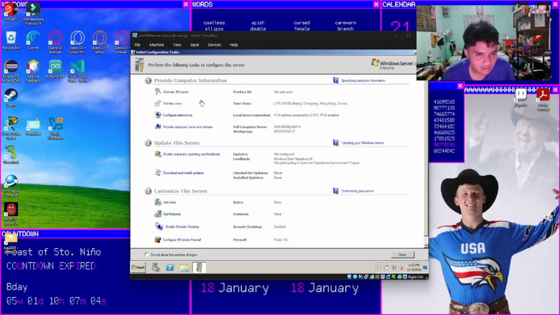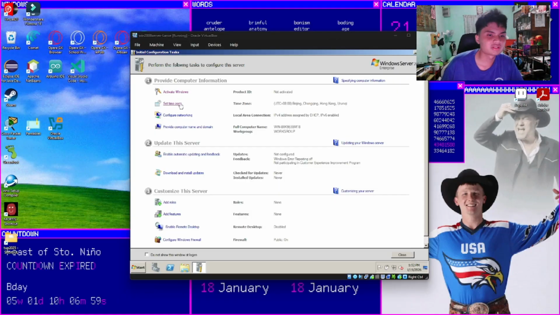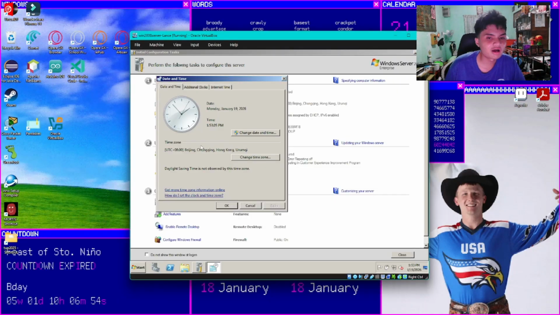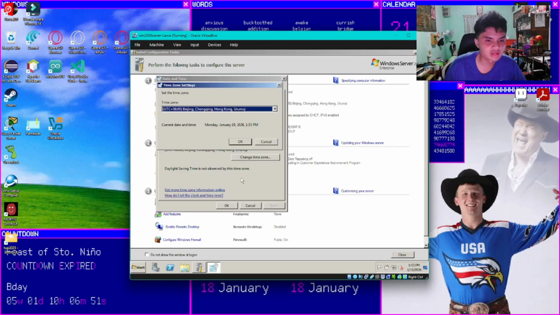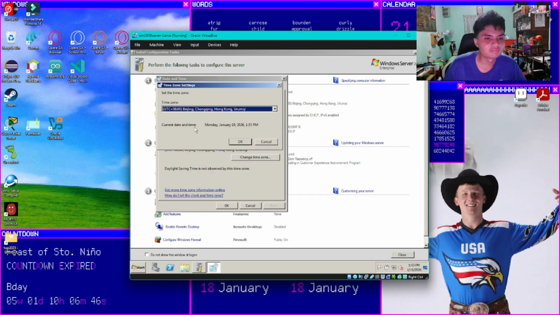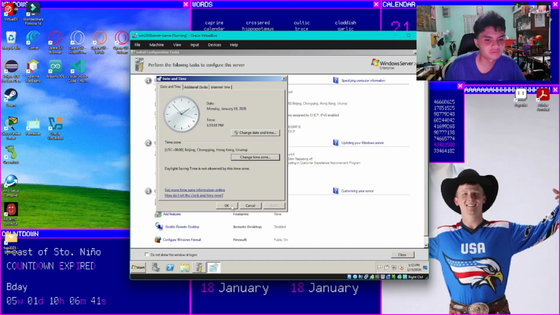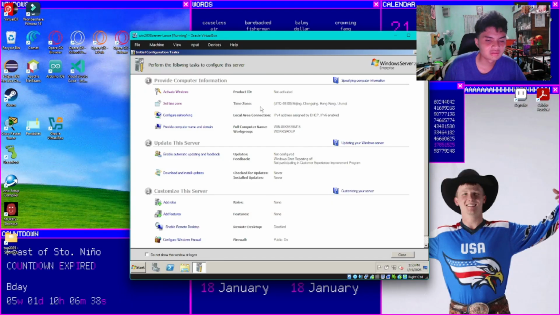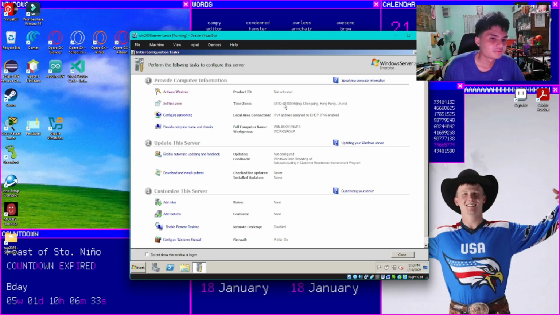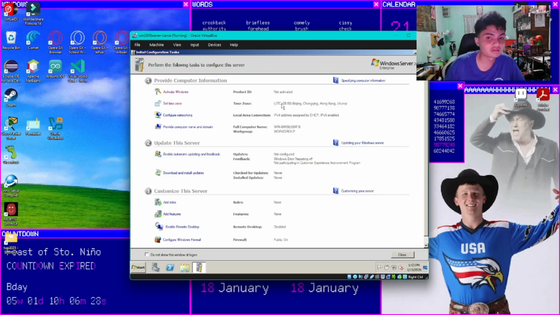Without activating Windows, we move on to the second part, which is setting the time zone. The time is from the BIOS. You can change the time zone, and it should be UTC+8 for Beijing and Hong Kong. Then press OK. As we can see, our time zone is now our local time zone, UTC+8. Next, we need to configure networking so it can be used on the internet.